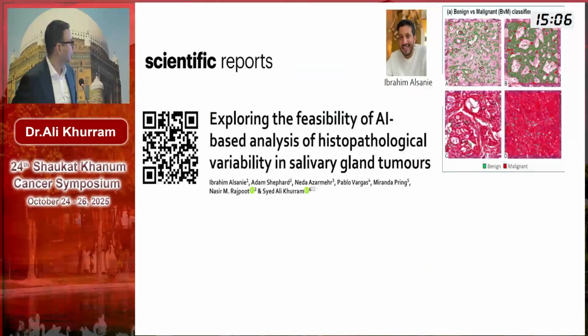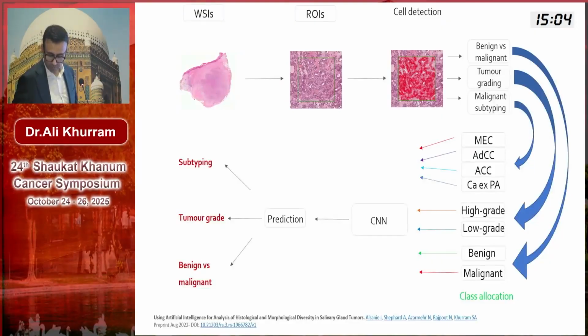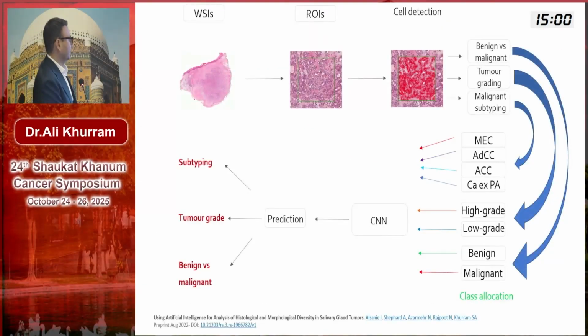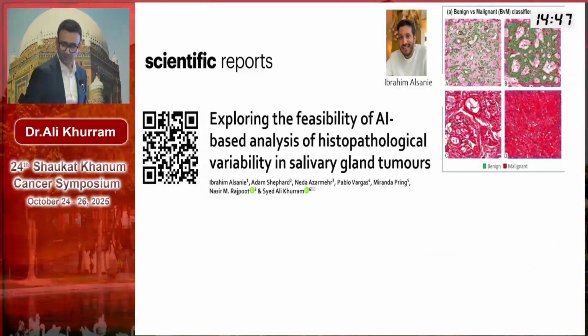benign or malignant tumor. So we looked at, sorry, let me go back to the last slide. First we looked at whether we could tell whether a lesion was benign or malignant, then whether it was high grade or low grade, and then we also tried to automatically subtype 4 of the most common types of these salivary gland tumors. And this was only recently published in Scientific Reports, and basically here you can see a classifier.